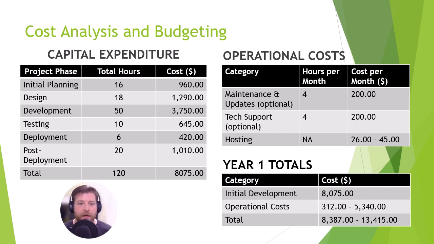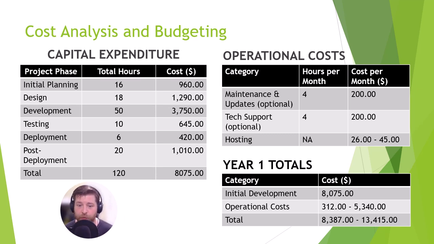So here we have our cost analysis and budgeting. I sectioned this out by the main sections. We have 6 phases for the project development. If you want a more detailed cost breakdown or timeline breakdown, you can see the actual proposal that we are also sending over. So you can see we have the initial planning, design, development, testing, deployment, and post-deployment phases for a total of